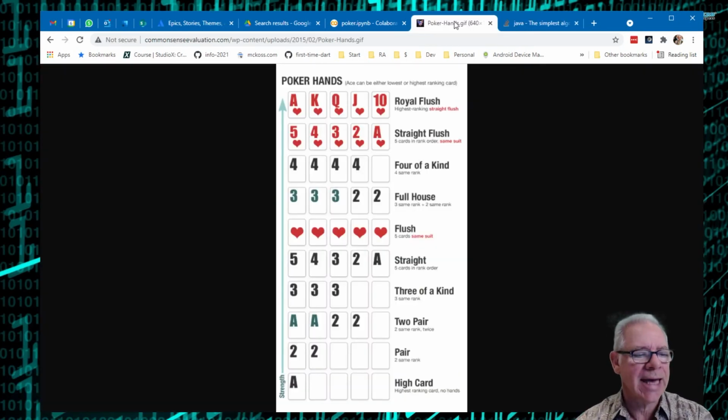Looking at the available kinds of poker hands, this is a ranking of all the different types of hands you could have, from straight flushes, 4 of a kind, full house, flush, straight, 3 of a kind, 2 pair, a pair, or you don't have anything else but just whatever your high card is. So